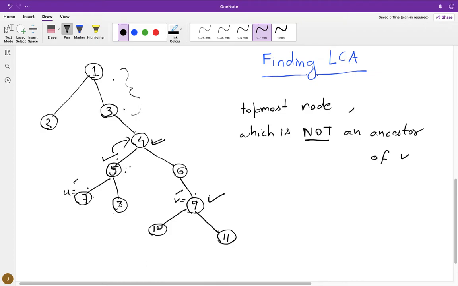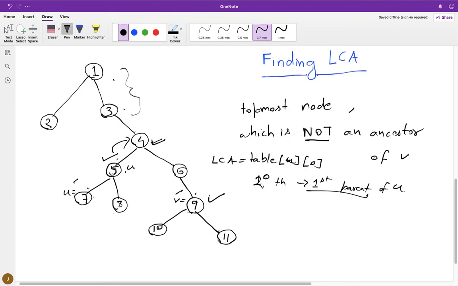That means when you move your pointer U over here, I can say at that point my LCA is nothing but table U and 0, because table U0 represents the 2 power 0th parent, that means the first parent of U. This is going to be my LCA because at this current U, we have reached the topmost node which is not an ancestor.